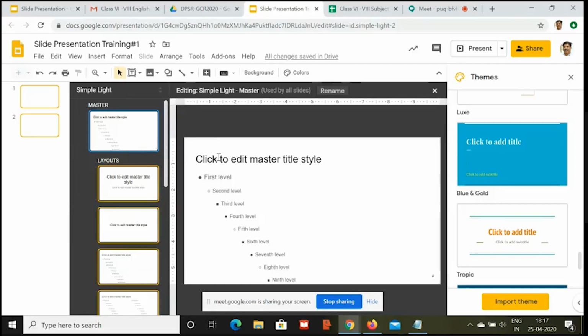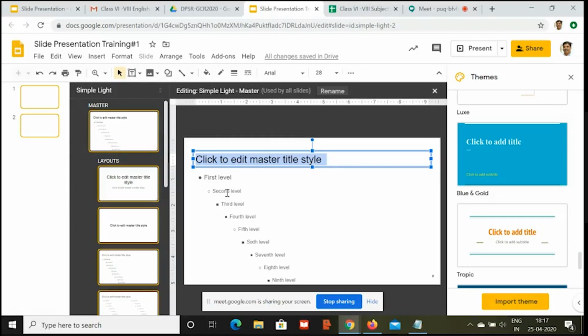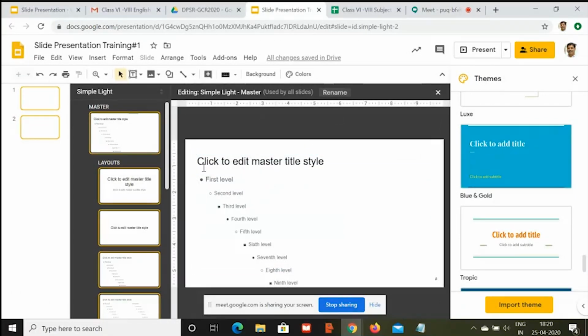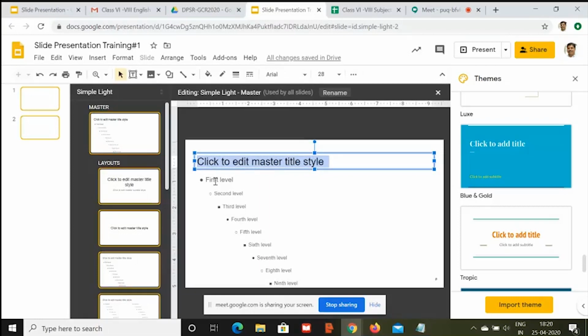So in the master slide, let's assume we are going to change these fonts. So basically I was at how to change the font of all the slides. So first of all, we'll select the master, we'll select the heading, and we'll press the shift button on the keyboard.